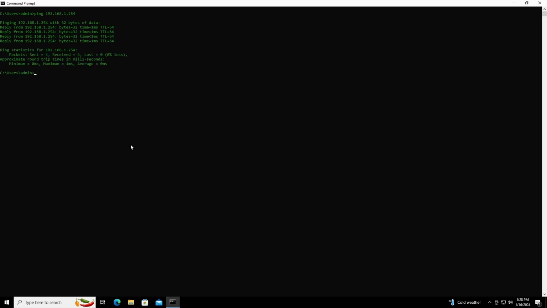So we're able to ping our router. Now that we've pinged our router, let's go ahead and try to ping something outside of our network. In this case, I know Google's DNS servers, one of them is 8.8.8.8, so let's go ahead and see if we can reach that. And it looks like those came back as valid, which means for all intents and purposes, we are getting out to